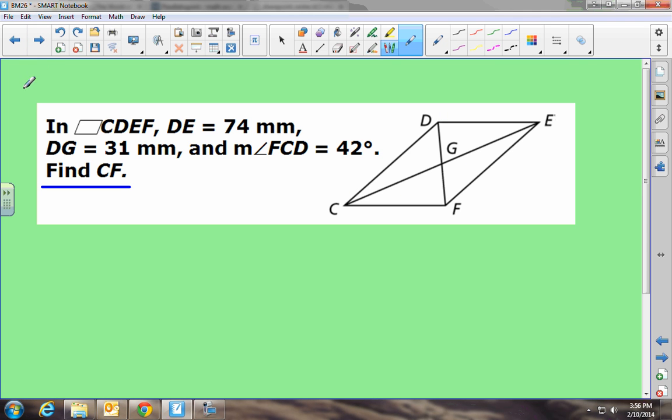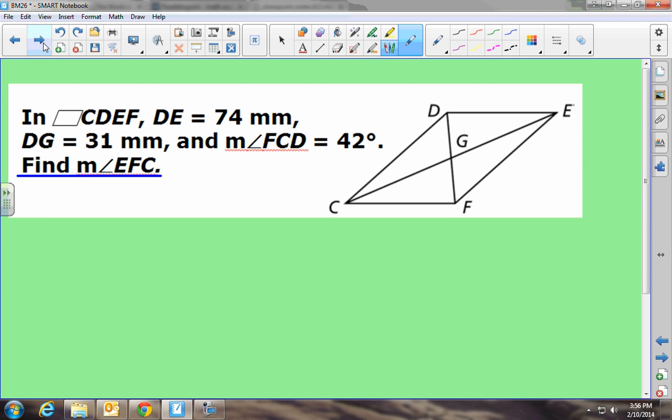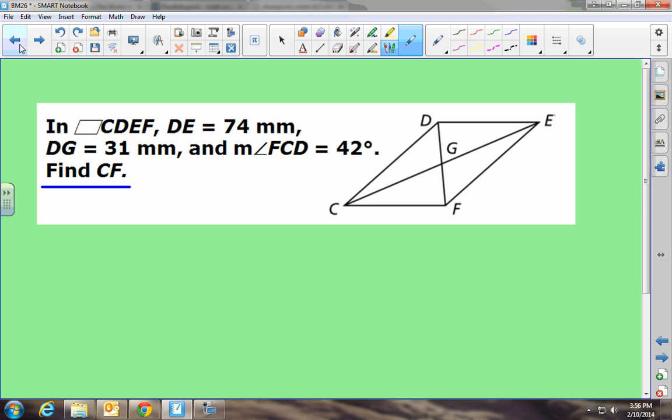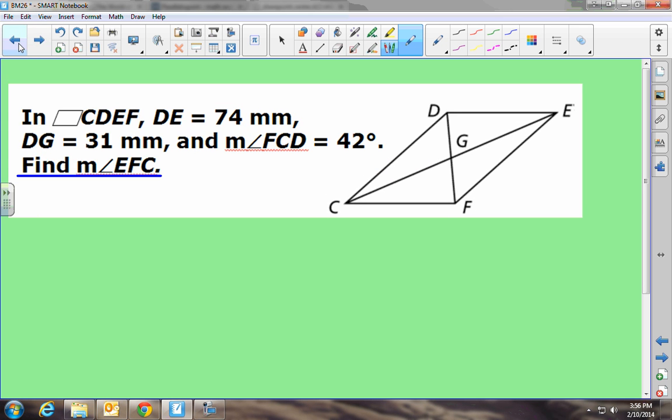These are what you'll see problems looking like, okay? Like this, or like this, or this, or this. Let's just do one of these so we get an idea of what we're getting ourselves into. Let's try this one. This says in parallelogram CDEF,